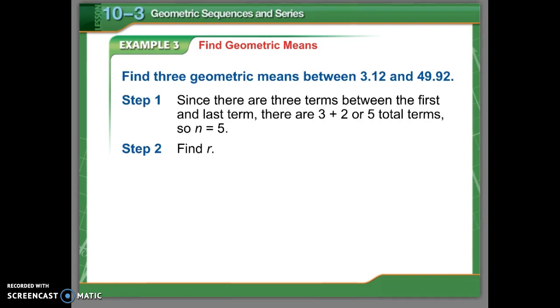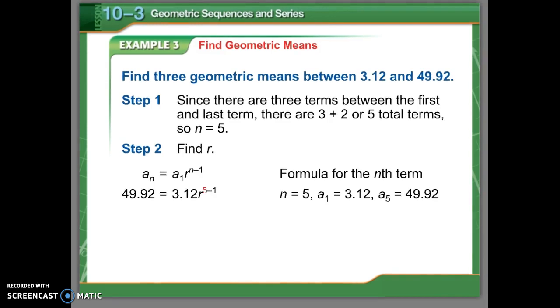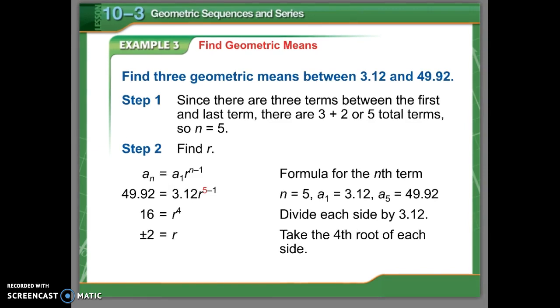So the first thing you're going to want to do is think about how many terms are in between the terms you're given, and therefore also the total terms. There's 5 total terms in this case because there's 3 terms that are going to be in between the 2 numbers that we're given. Then we're going to use the last term as an. We're going to use the first term that we're told as a1, and since n is 5,